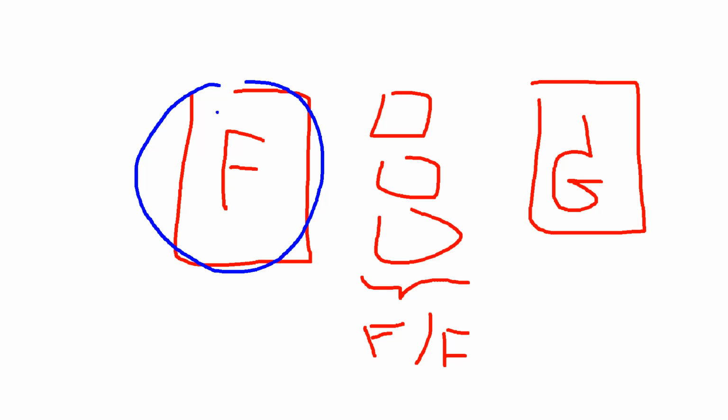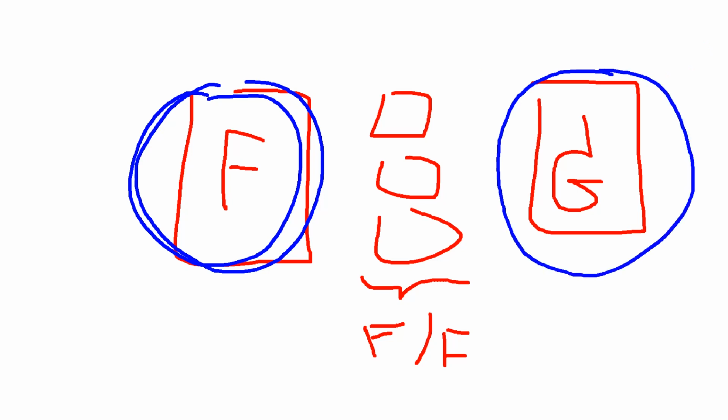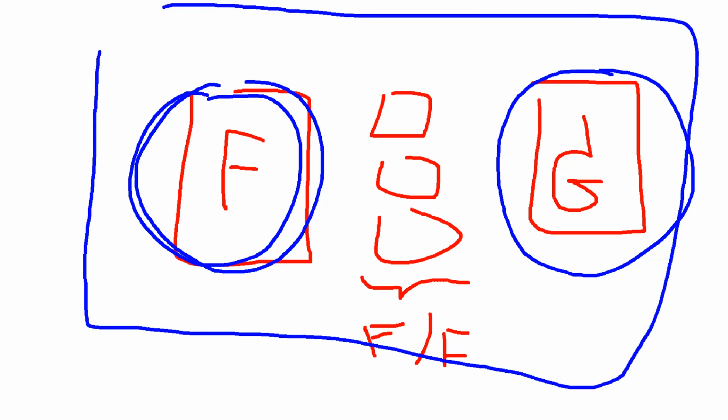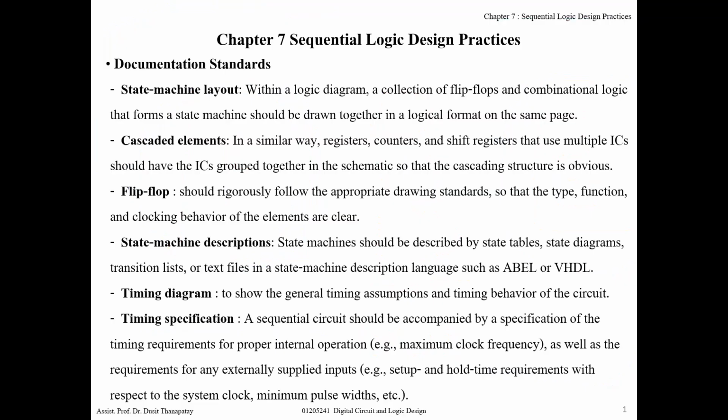The elements and components that perform the function of next state logic should be written in the same group. For the output logic also, the element or device or logic gate should be written in the same group, and if possible, all of these should be written on the same page of the paper. Furthermore, the standard for the logic symbols of flip-flops and logic gates should also be kept